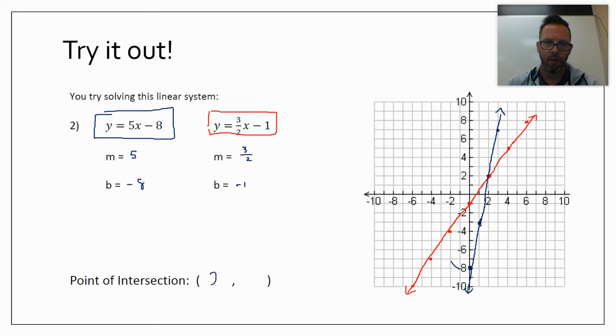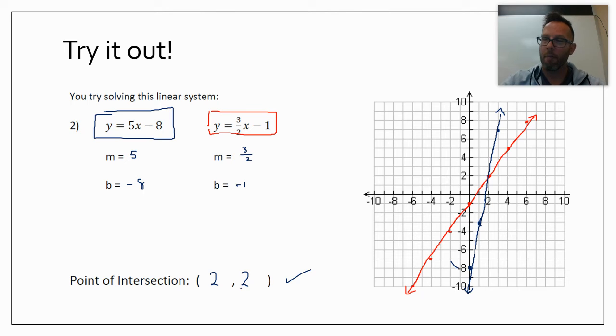Yeah, I had a little panic attack there. I was like, oh, it's not working out to 2. But yeah, 5 times 2 is 10. 10 minus 8 is 2. 3 halves of 2 is 3. 3 minus 1 is 2. So we've solved a second